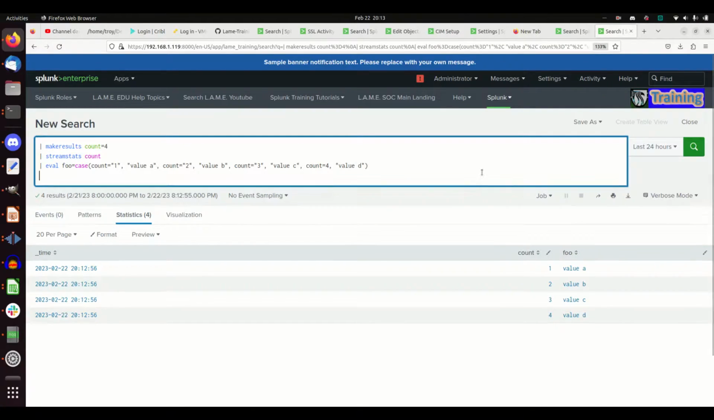But the command I want to focus on is this here, pipe collect. This command here says take the results and write it to an index. The index does need to exist or it will fail, and you're going to call out the source. And so in this case, I'm going to call it lame make results. If I run this,